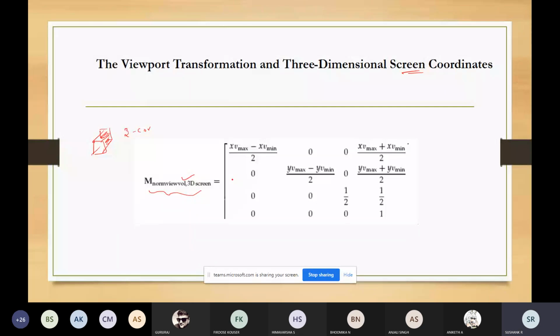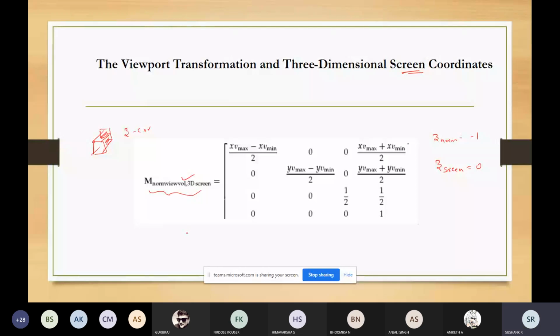For the symmetric cube, we know that the value of z normalized will be minus 1. What does z equal to minus 1 mean? The face of the symmetric cube will correspond to the clipping window area, and this face of the cube which will be mapped to the viewport will be referenced as z screen equal to 0.